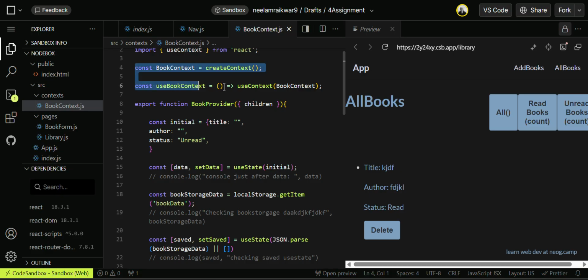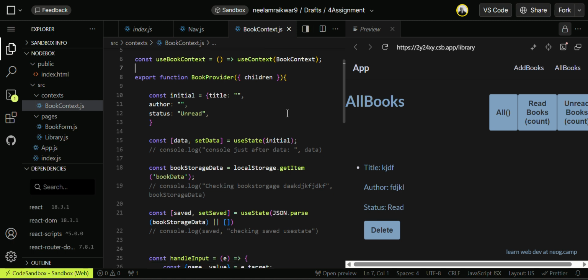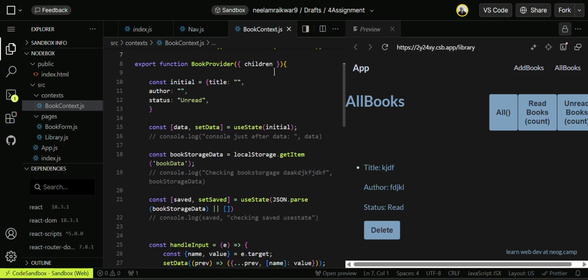So this is my hook for book context, and then here is my function BookProvider, which is taking children as a prop, and there is an object initial. I'm taking this object as the initial value of data,